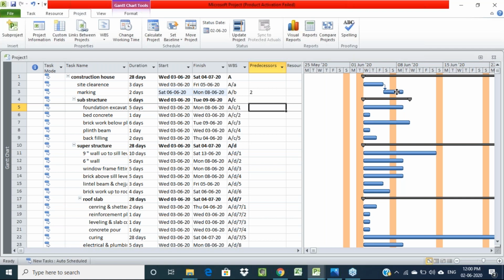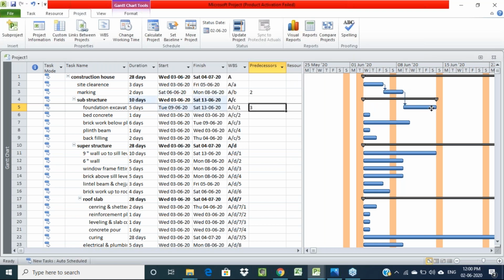How are we going to do it on the bar chart? You just click on that bar. For example, you want to create a link between marking and foundation excavation. Marking is one bar, and foundation excavation is another bar. If you want to create linking between these two, just click on marking and drag it to foundation.